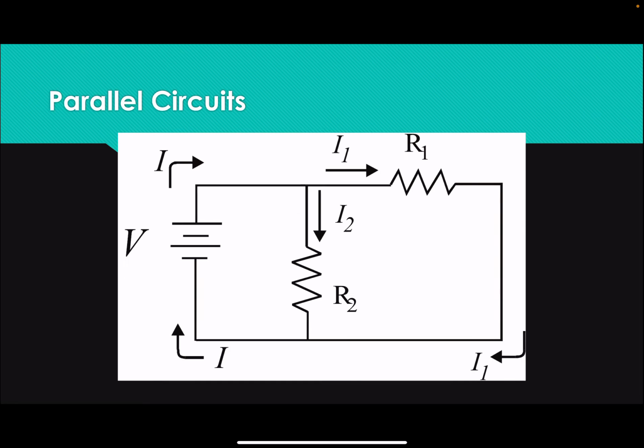For parallel circuits, we have a new set of rules. So what is a parallel circuit? A parallel circuit is when there are multiple loops. As you can see here, we have one loop here and we have one loop here. The current, when it goes through, is going to go from positive to negative. So the current's going in the right direction. It's going to split paths. One path goes this way, one path goes this way. And so the current is going to split